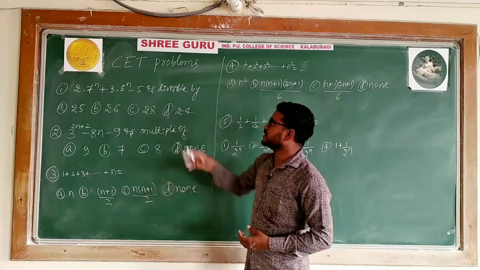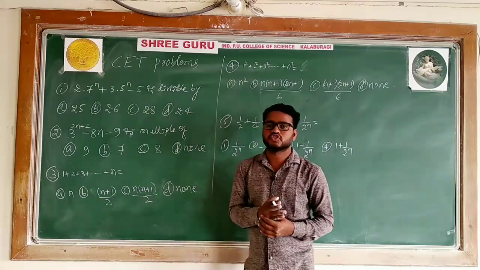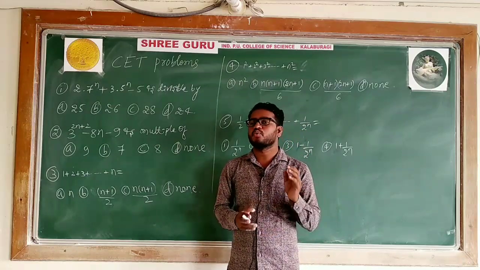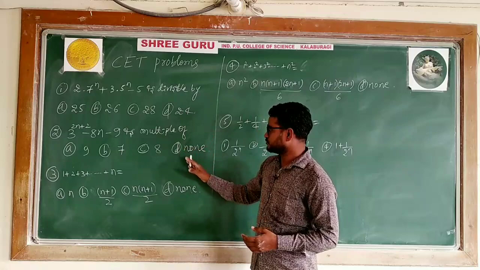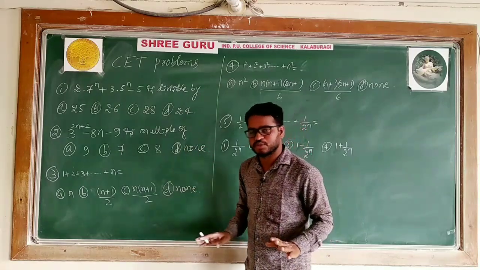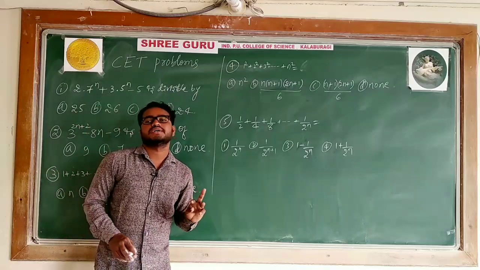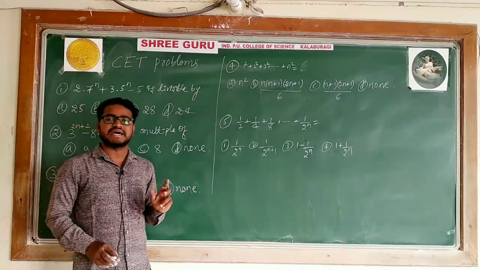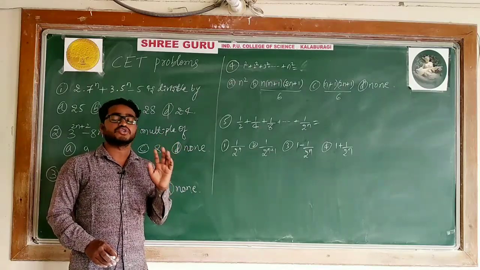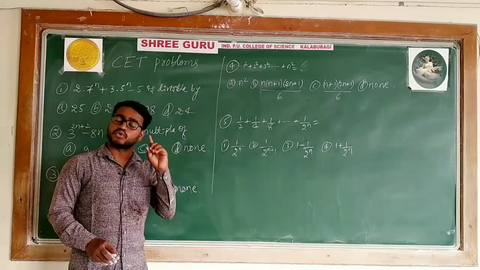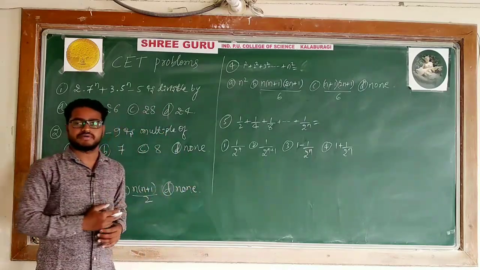Or else, when you take n equal to 1, if you are getting more than one option correct, means instead of one option, because out of four options, one will be correct and the remaining 3 will be wrong. Sometimes 2 options become the same when n is equal to 1. It is not possible for 2 options to be right, only one will be right. For that reason, you go for the next natural number.